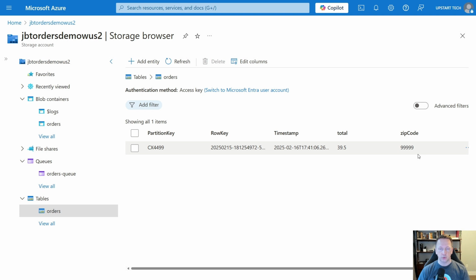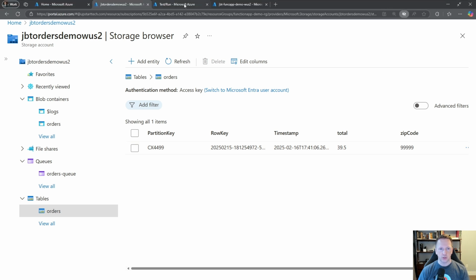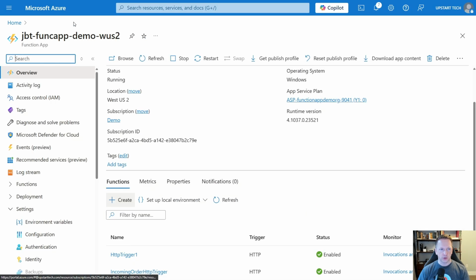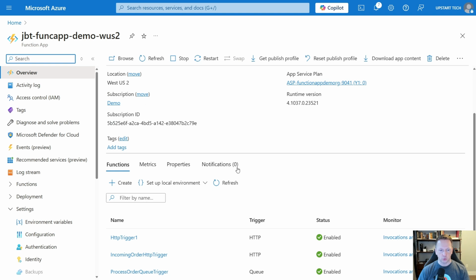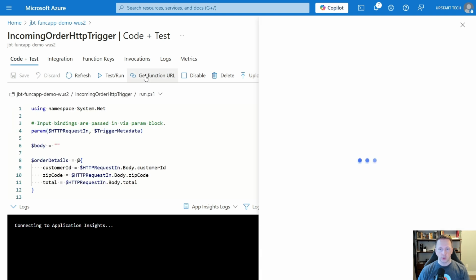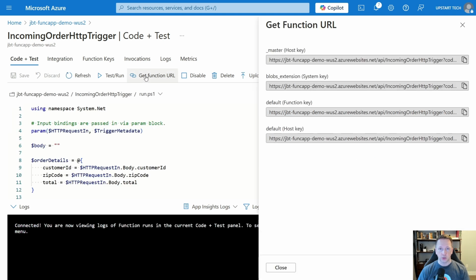So let's go back through and test it multiple times, actually calling it via PowerShell. So let's go back to our function app. I do need to go get the URL for our HTTP trigger here. So let's go back into it. We'll get the function URL. Remember, we did set authorization on this. We do need either the function app key or the function key, which is specific to the function. I'm going to copy this to my clipboard and let's jump out to PowerShell